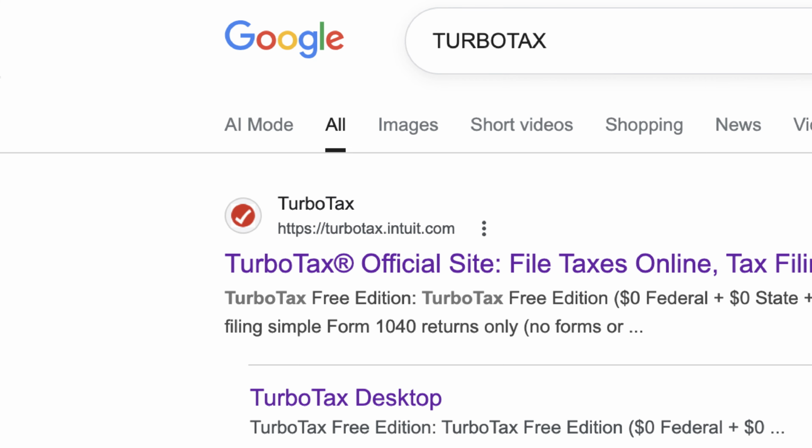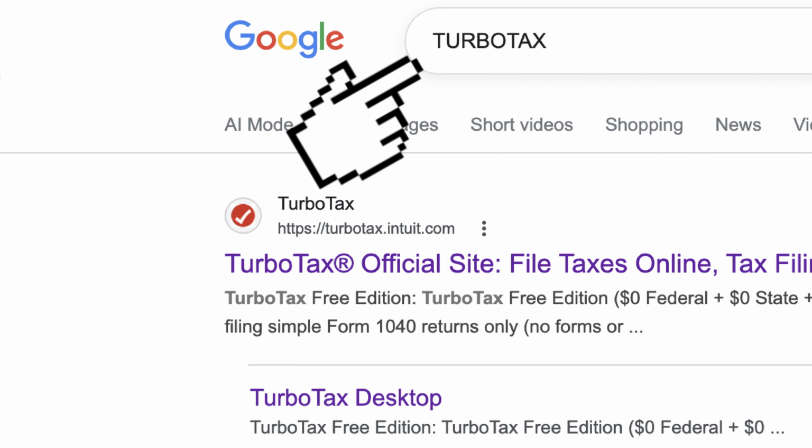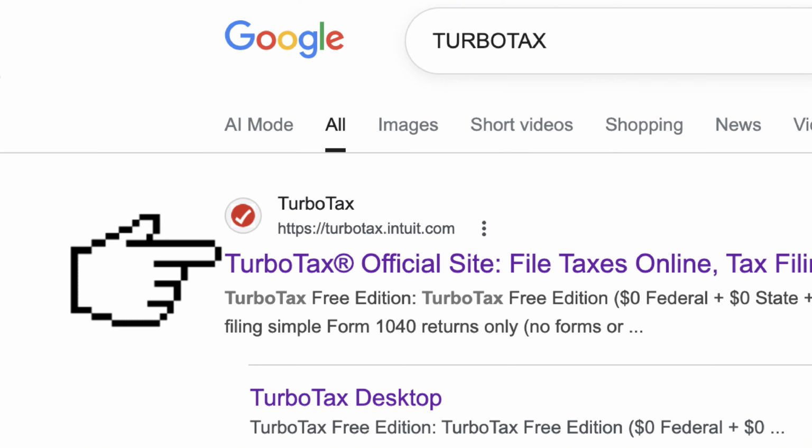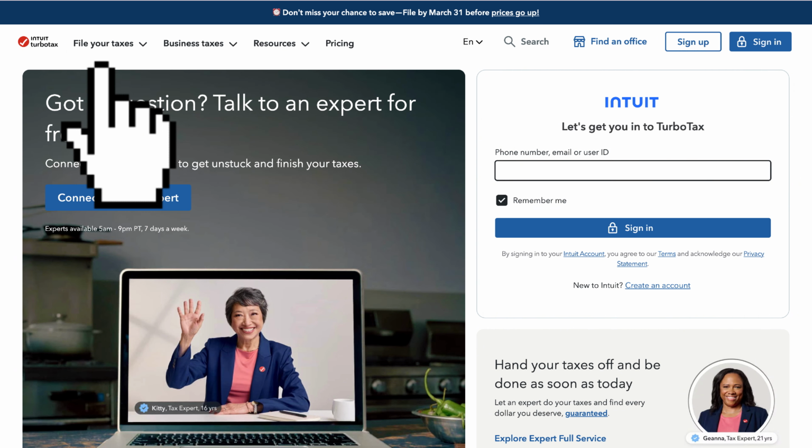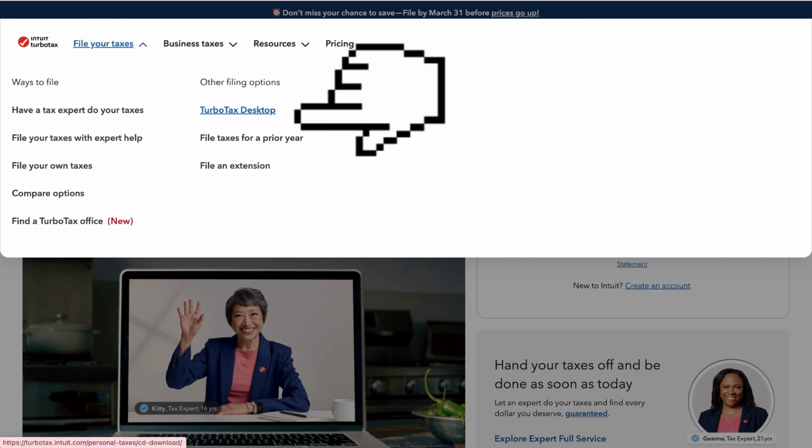First thing first, you want to open your web browser such as Chrome or Safari. Then on the Google search, you want to search for TurboTax. And then you want to click on the website called turbotax.intuit.com. Then, click on File Your Taxes at the top left of your screen, and hit the option called TurboTax